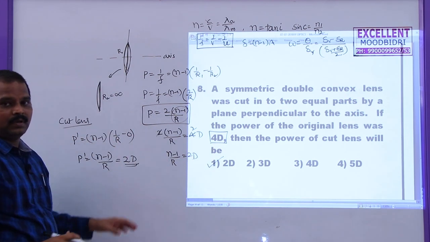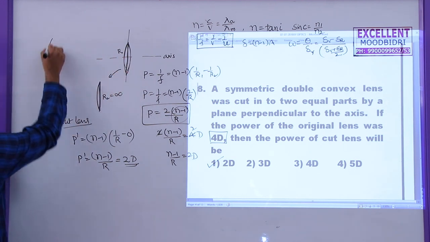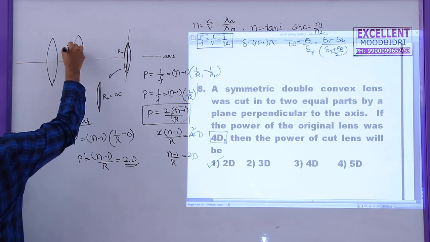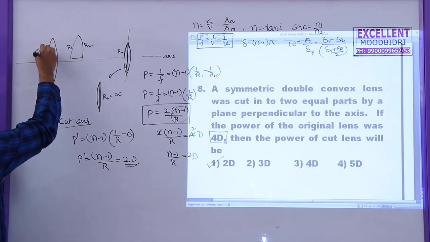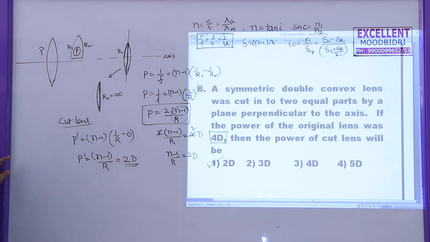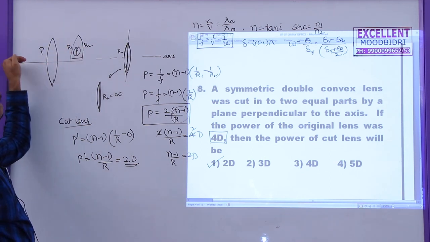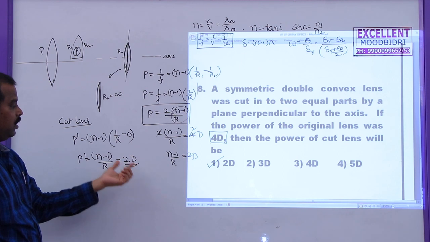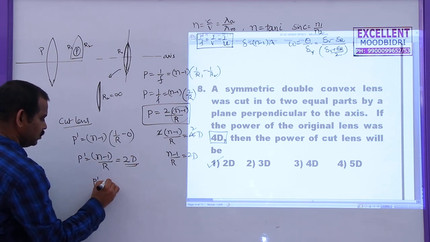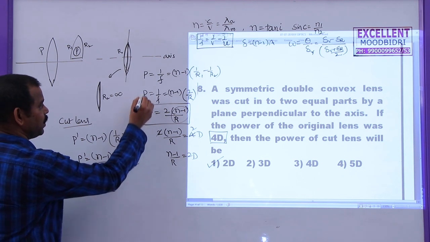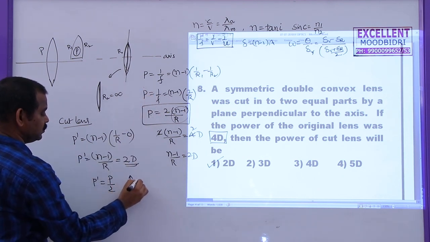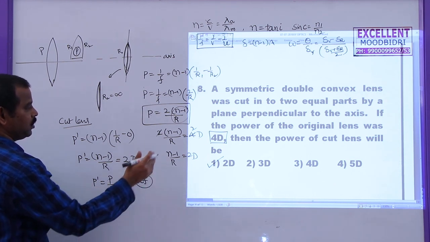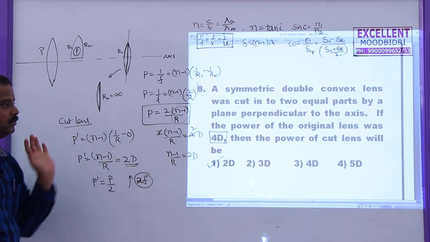In the same problem, if the lens is cut like this, into two pieces like this, here R1, R2 is not changing. If power is P, even the power of this one is also P. So when the lens is cut along the axis, power never changes, but perpendicular to the axis, power will be reduced. When the power is reduced, that is here P by 2, the focal length will increase. As the power is halved, focal length will become 2f. That means focal length will be doubled, but the power will be half.